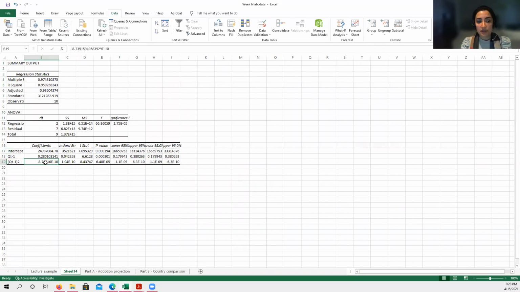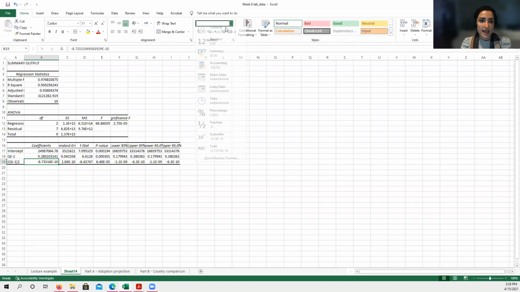And this number is not wrong when you see E minus a number in Excel. It means that the value is very small. It is like 0. If I format this number as a number instead of general, it is actually 0. But I want to have the actual number, so copy and paste